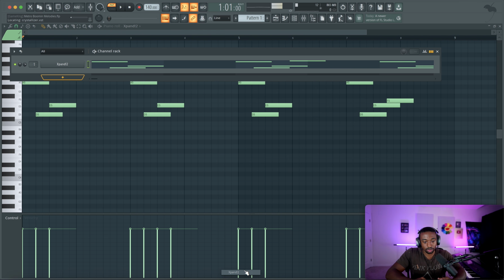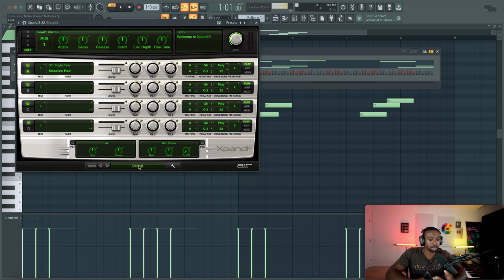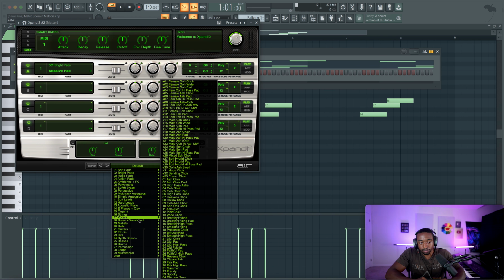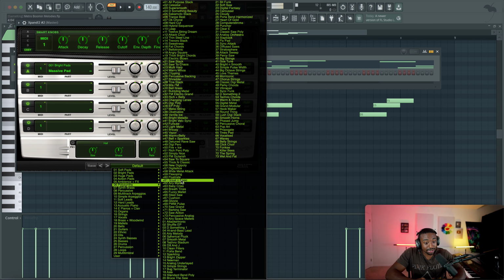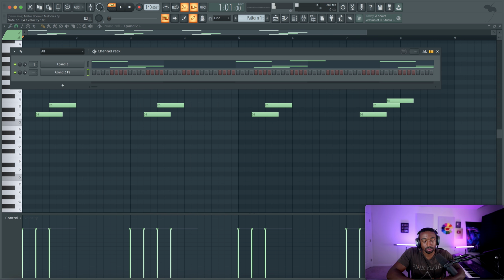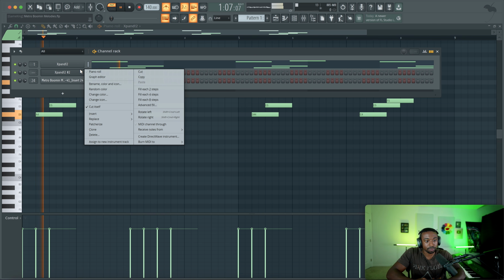Let's open up another Expand 2 here. Now the sound selection, there's no one type of sound. Bells are usually good because they sit over top the 808 without clashing. Polyphonic synths are also good because usually they're played without clashing with the bass. So I'm literally just going to add notes in here. Okay, and we're going to repeat that.